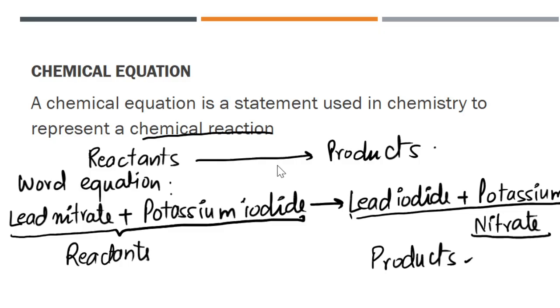In between we put a sign of an arrow. Sometimes an equal sign is also given. The reactants are written on the left hand side, and when we do the balancing, this is the term LHS which we are going to use, and there is a plus sign in between. The ones written on the right hand side, that is the products, are known as the RHS, right? And here also between two products there is going to be a plus sign.